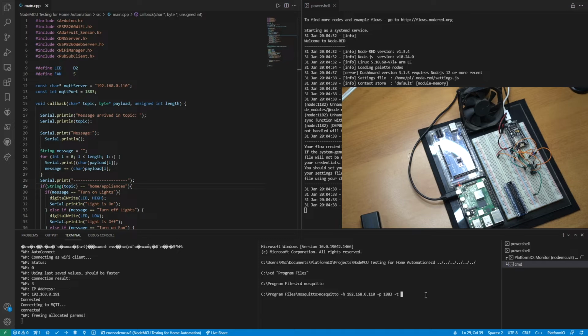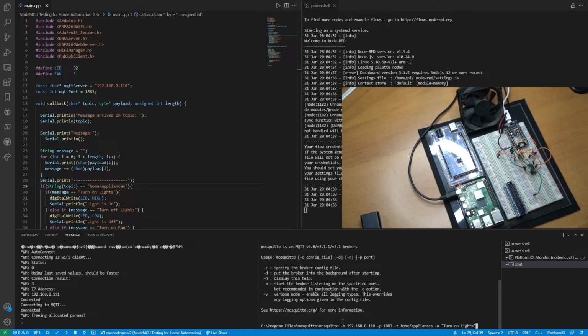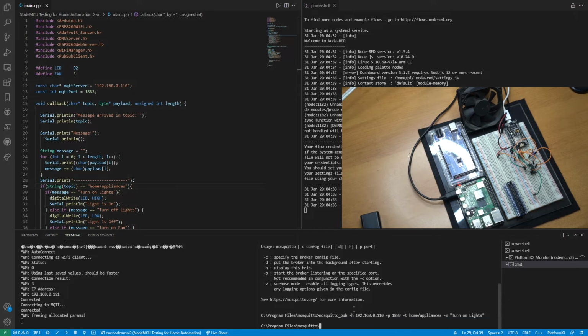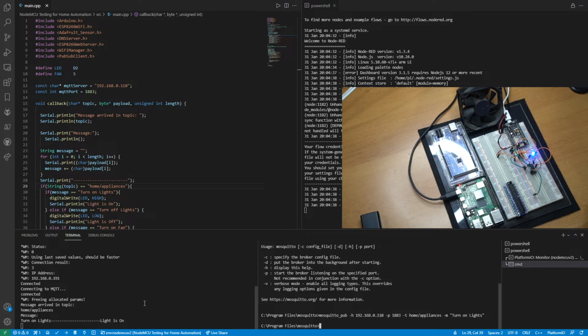under the topic home appliances, and then publish a message of maybe turn on lights. Alright, so it seems that we have forgotten to put underscore pub for publish. Okay, so as you can see, as soon as I entered this command, the LED in our NodeMCU turned on,